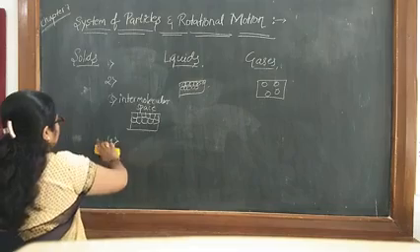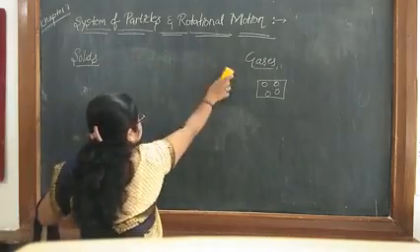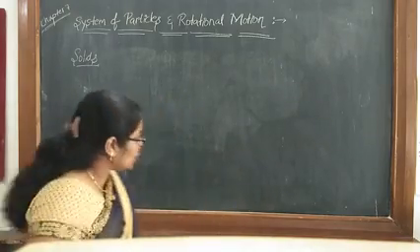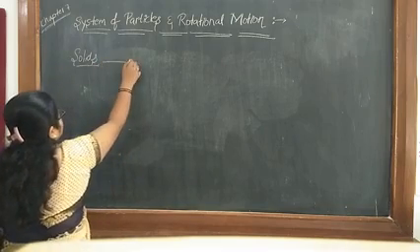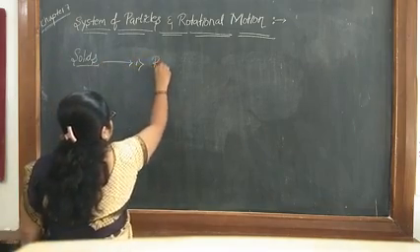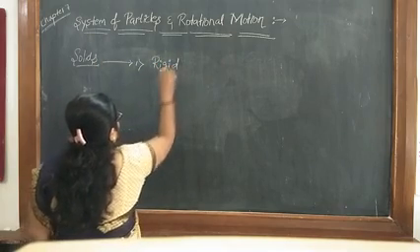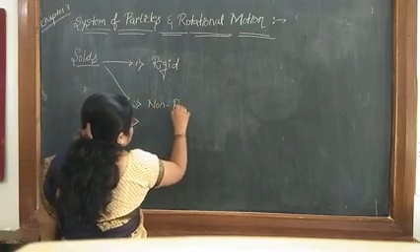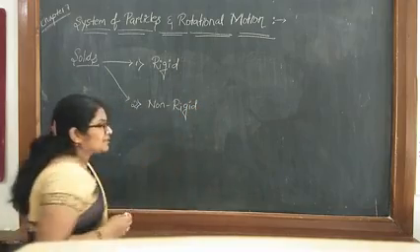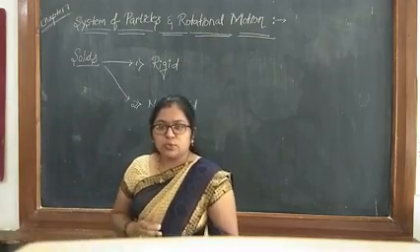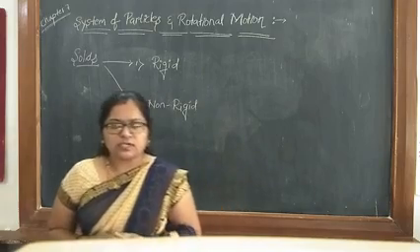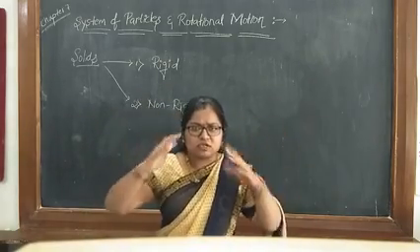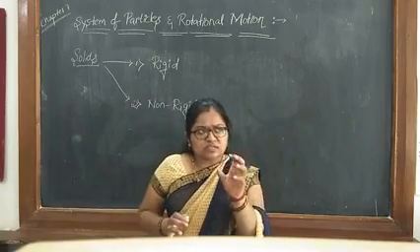When you think of solids in detail and divide the solids into types depending on their properties, you will get two types. The first type is rigid bodies, and the second type is non-rigid bodies. So what are these rigid and non-rigid bodies? Don't worry about the terms rigid, non-rigid, solid, liquid. Just consider simple examples.